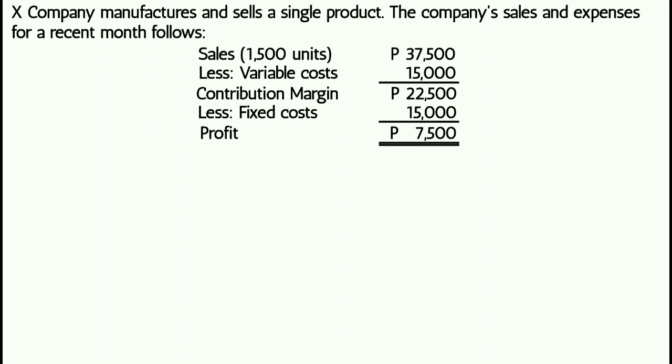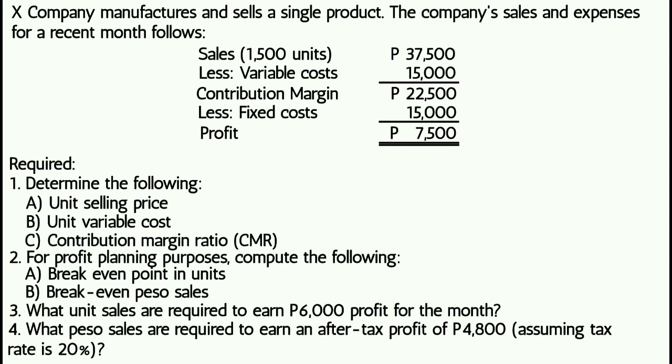Let's now answer problem number 1. X company manufactures and sells a single product. The company's sales and expenses for a recent month follows. Sales 1,500 units, 37,500 pesos, less variable cost 15,000 pesos, contribution margin 22,500 pesos, less fixed cost 15,000 pesos, profit 7,500 pesos. Required, first, determine the following